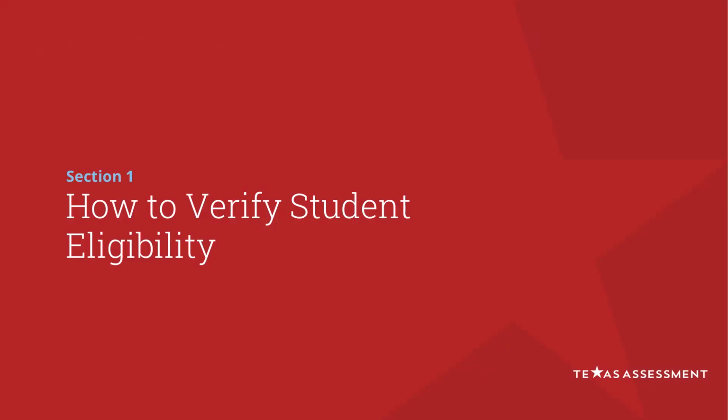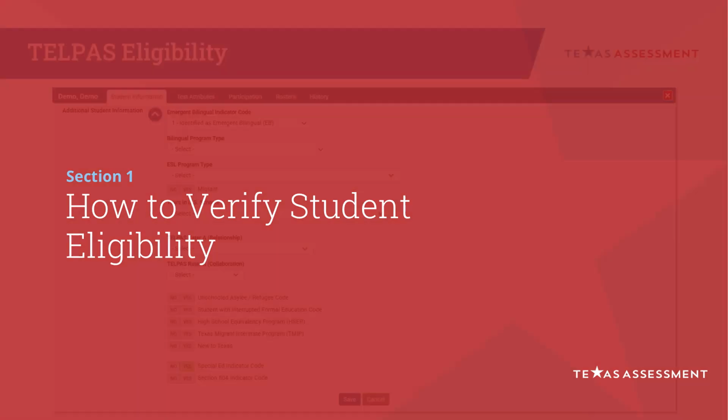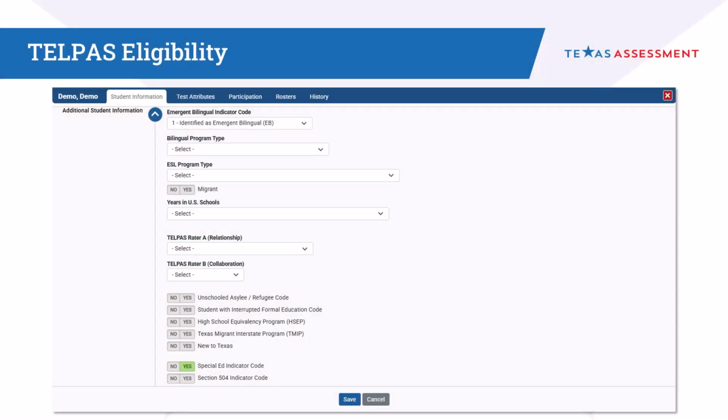First, we will review how district and campus testing coordinators can verify that students are correctly registered for TELPAS and TELPAS Alternate. It is important to note that all students who are eligible for TELPAS must have the Emergent Bilingual Indicator Code set to 1, identified as Emergent Bilingual (EB), in the Additional Student Information panel of TIDE. After it has been verified that this field is selected, no further action is required for TELPAS students in grades 2 to 12 to participate in the online administration of the TELPAS tests and K-1 students to be rated for